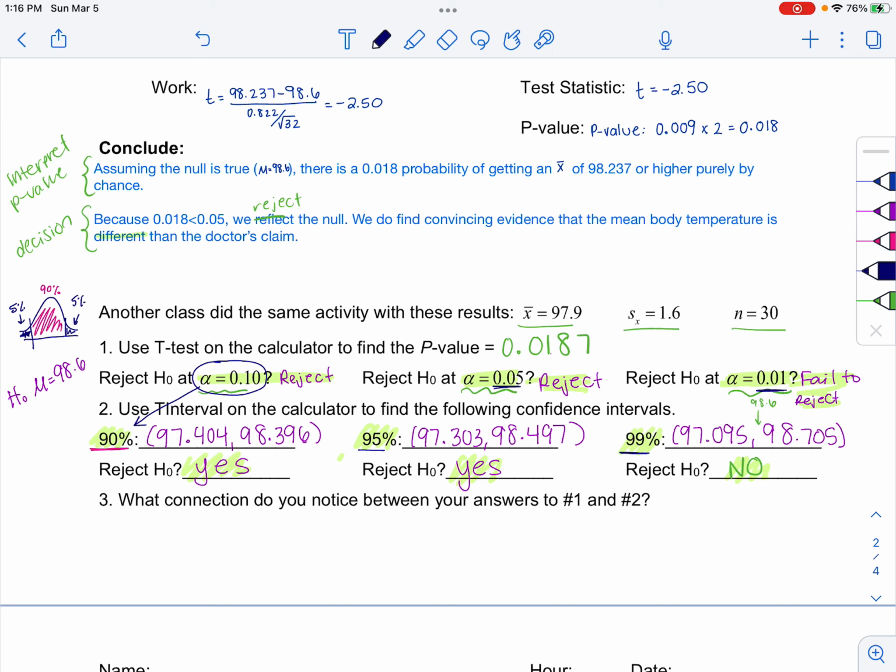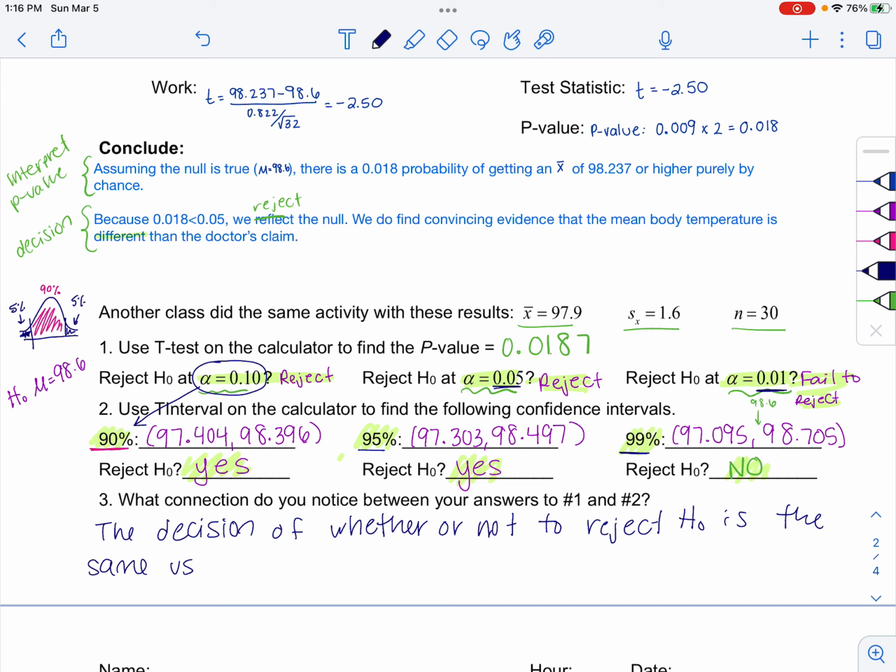So there is a connection, and this connection is that the decision of whether or not to reject the null is the same using the confidence interval or a significance test. Now, this only does work for a two-sided test